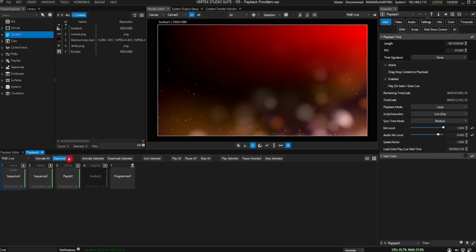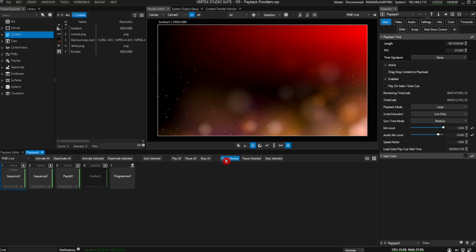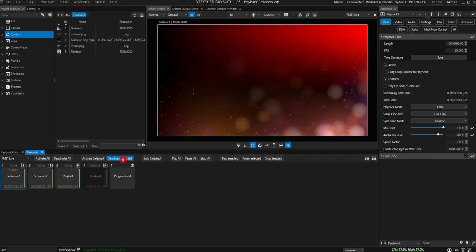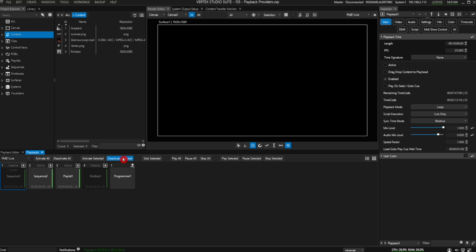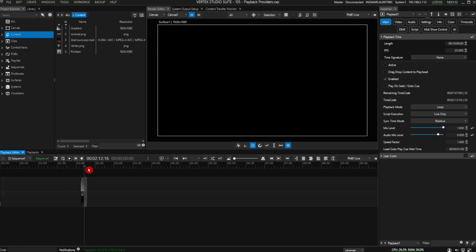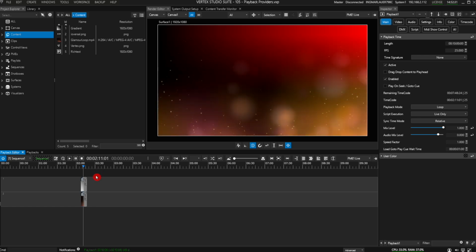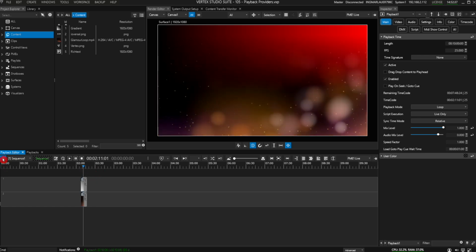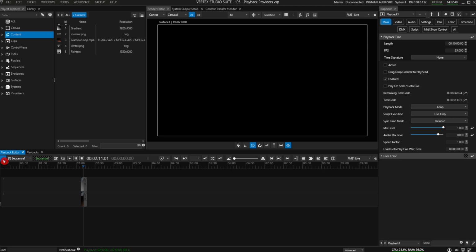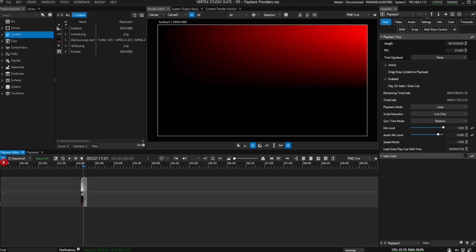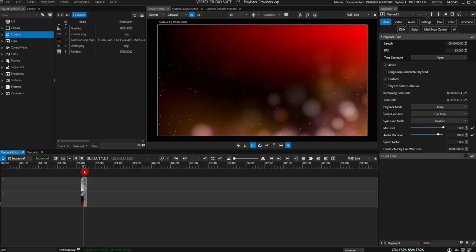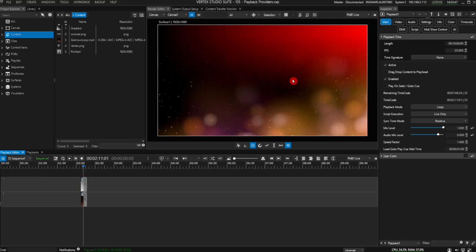If we deactivate playback 1 by selecting it and clicking on Deactivate Selected, that playback enters a hibernation state. The playhead remains at its current position, whereas the stop playback command would reset it to position 0. And this allows me to resume the playback from there whenever I wish to activate it again. Let's talk about the transport controls. When I deactivate and then reactivate the playback, you'll notice that the playhead remains in position and the FreeSync resumes